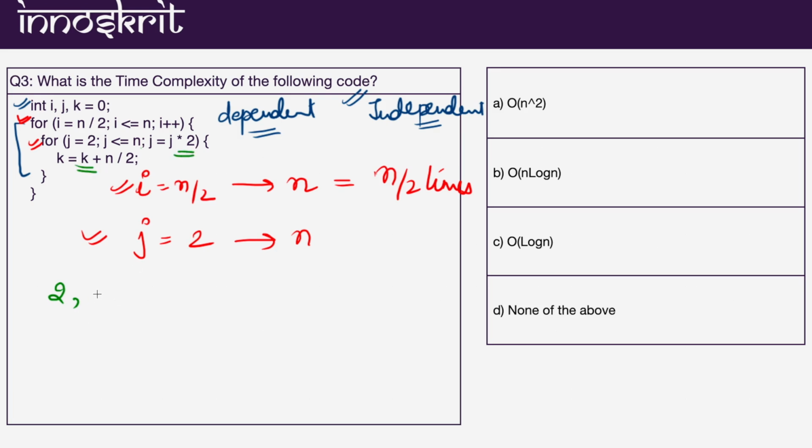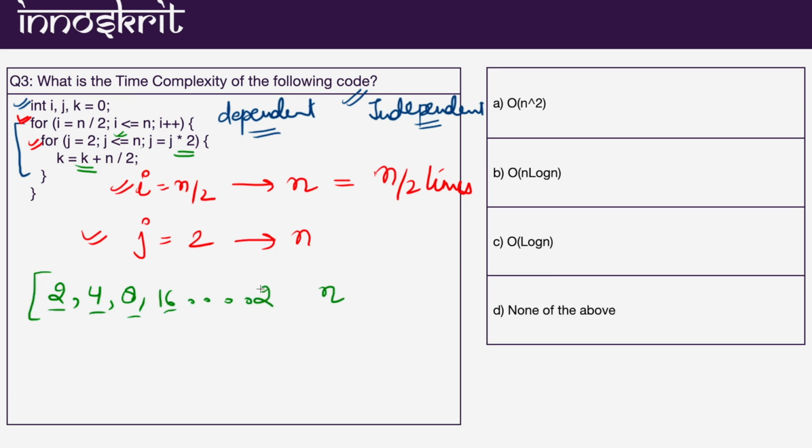So it will update the value of j by j into 2, which will become 4. 4 is also less than or equal to n, so it will again update the value to 8. Again the condition will be checked and it is true, so again the value will be updated. So let's say this goes up to n, and this is basically a series 2, 4, 8, 16.